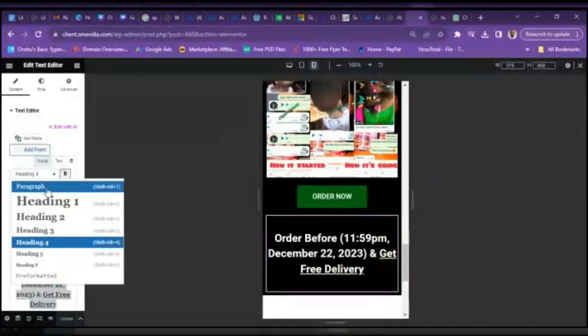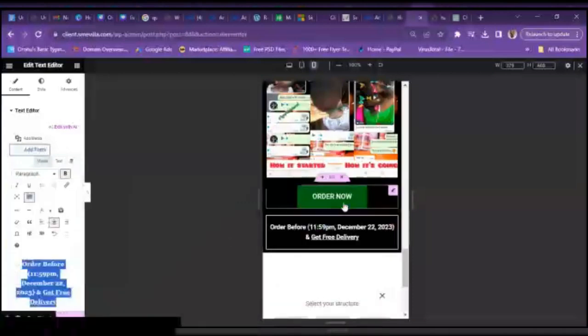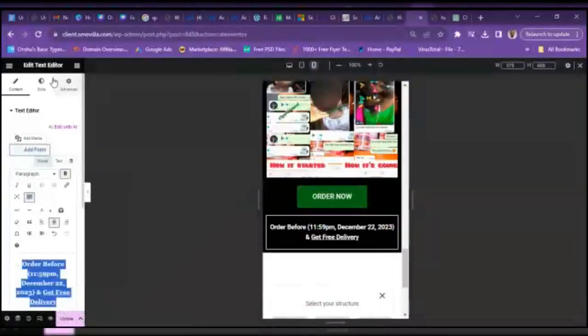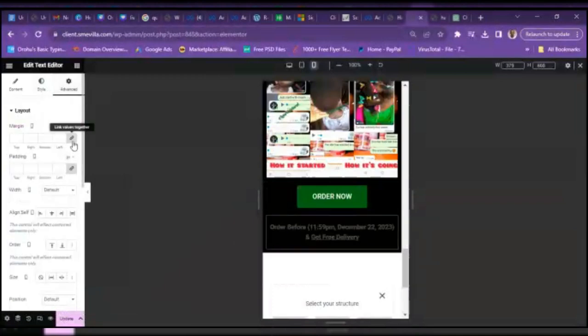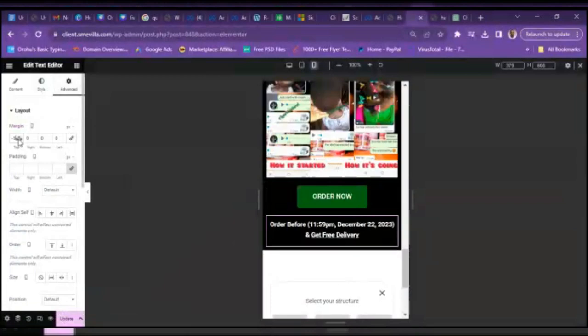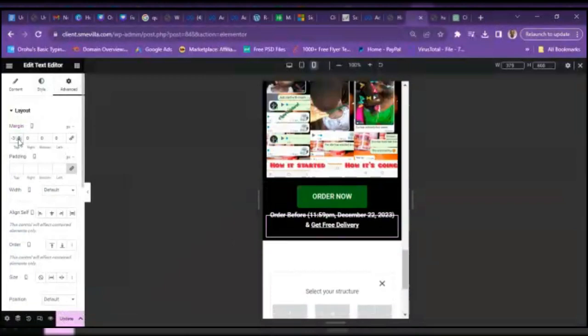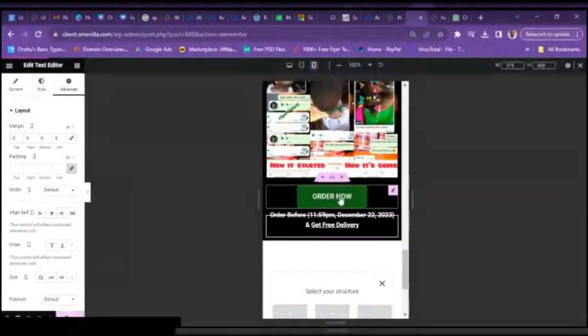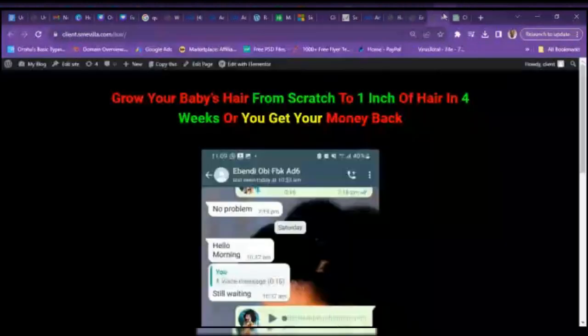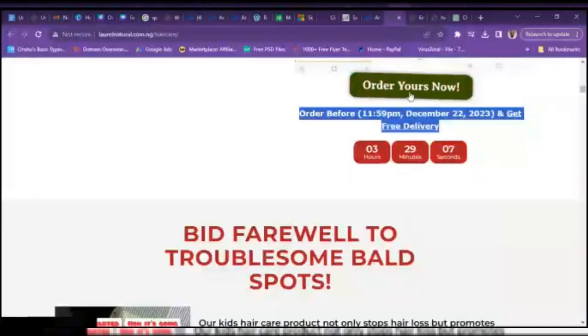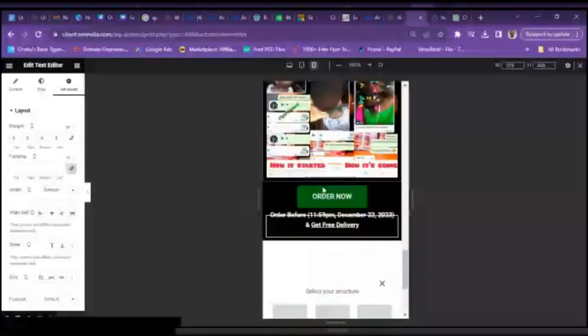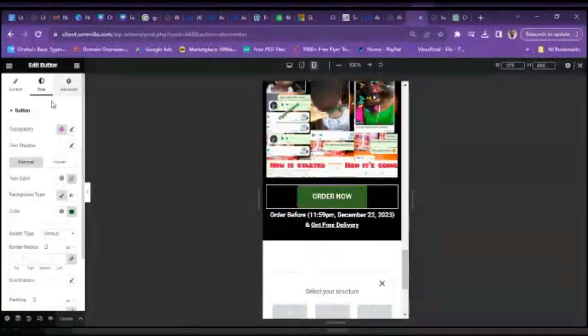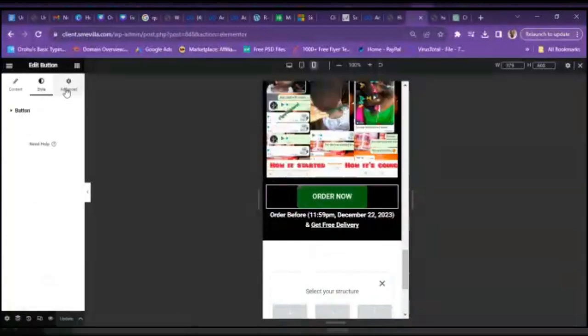So I'm going to use paragraph for this one. Then I will shift it closer to this. So I will go to advanced, click on this, unlink it, then the down one. Can you see? So that's that. Then the next thing is what? This was actually shaking. The moment I took this thing closer to it, you can see it's shaking. So I'm going to make it shake that way. So I'll click on it, come to this advanced, close the button on advanced rather, click on this layout to close the layout, click on motion effect, then you can see